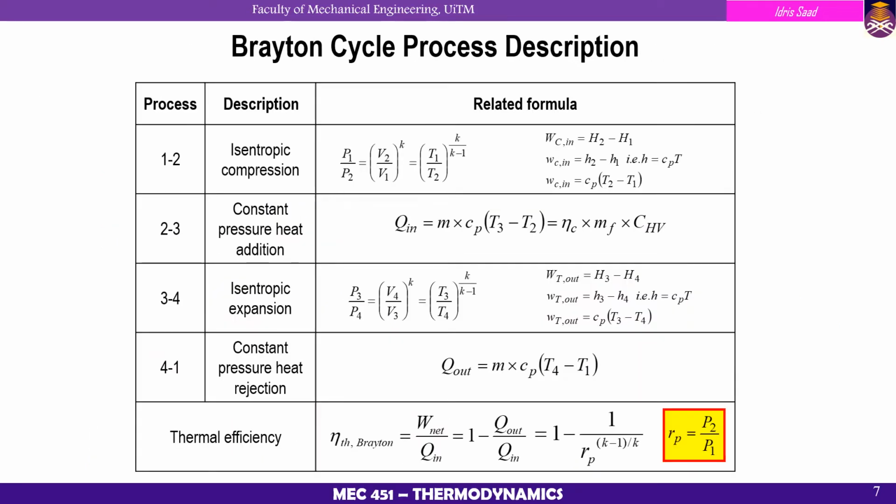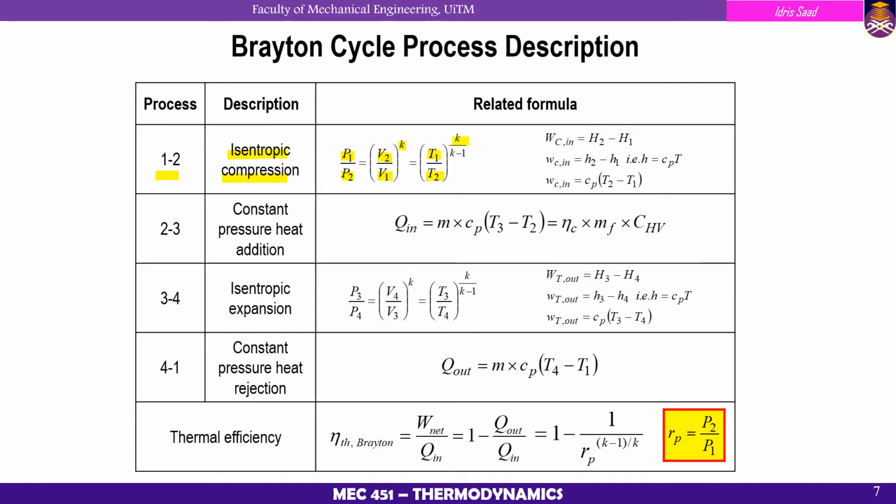So this is basically the process description of the Brayton cycle. Process 1 to 2 is the isentropic compression. For the isentropic compression, we can use the isentropic relationship between pressure, volume, and temperature. So what we have is P1 over P2 is equal to V2 over V1 to the power of k. Please do remember k is the specific heat ratio, which is Cp over Cv. This is also equal to T1 over T2